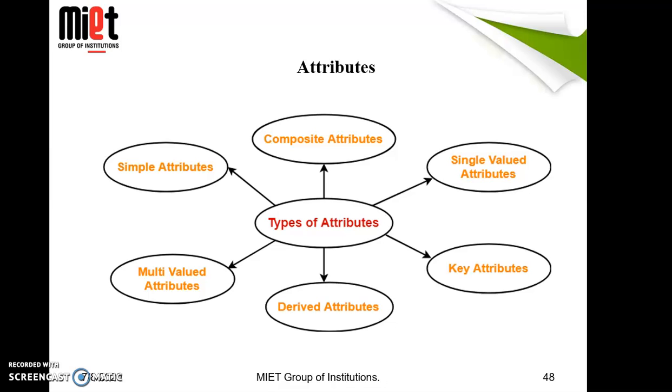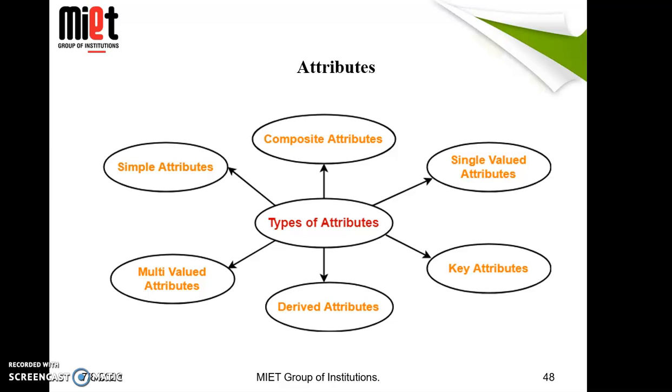These are the attributes. I already told you there are three components of the ER model. One is entity, which I have already covered. The second one is attributes. An entity is represented by a set of attributes. Attributes are descriptive properties possessed by each member of an entity set. Each entity may have its own value for each attribute. So a database includes a collection of entity sets, each of which contains any number of entities of the same type.